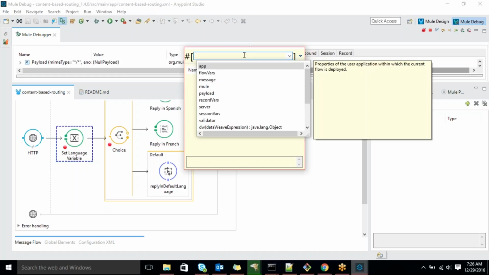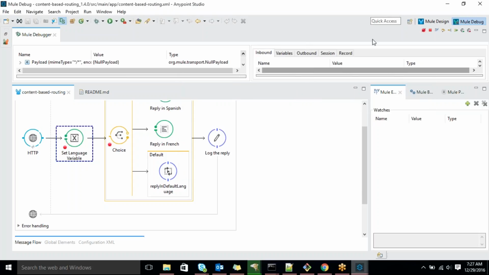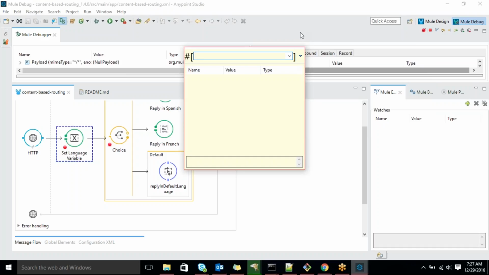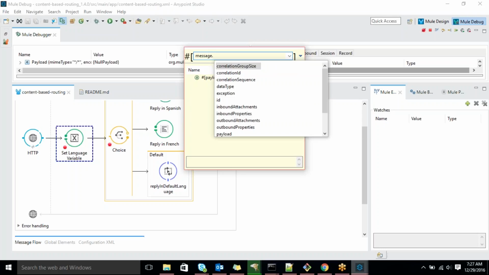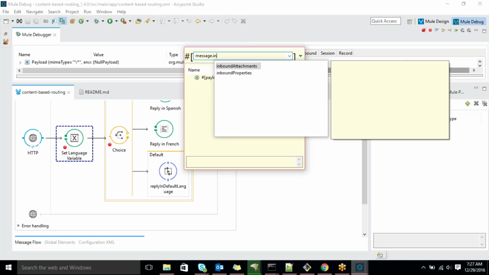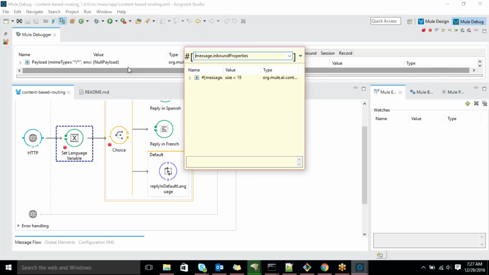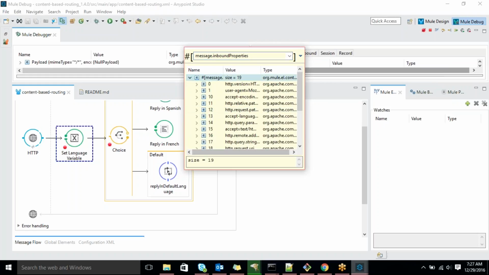What were the flow variables we are getting? What was the syntax? Any syntax we can frame and use there actually. Understood what I'm saying? What payload you are getting, we can click it actually. As of now, payload is not getting, but some message we are getting, right? Some query parameter we are passing, right? Message dot inbound properties dot. See these many inbound properties you are getting,